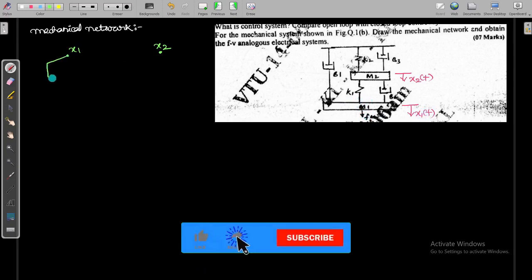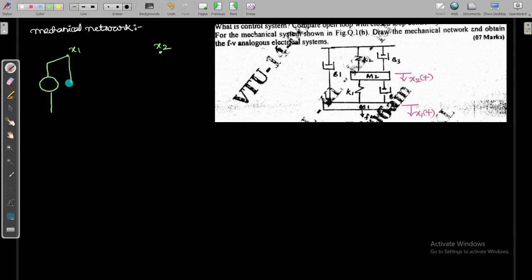First I am going to draw the force. The force I have drawn like this. Next after that there will be a damping coefficient, that is what we are going to draw. Next after that there is a mass also. So these are the three elements connected for the first displacement, with respect to the reference. The reference I am drawing here. So these three elements are connected here.